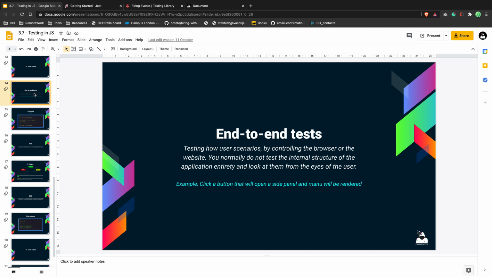So you're not actually seeing the actual behavior. But with end-to-end testing, your code and your tests will be run inside the browser. So it will open the browser and run everything for you, and you'll see the actual behavior in the browser as the user sees.